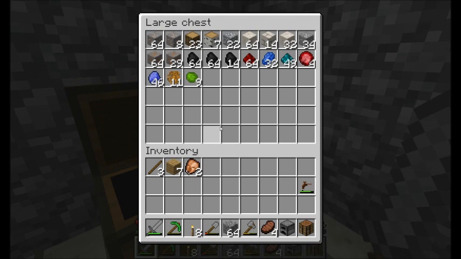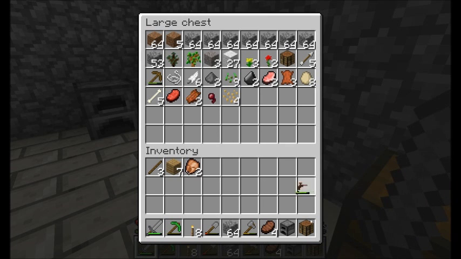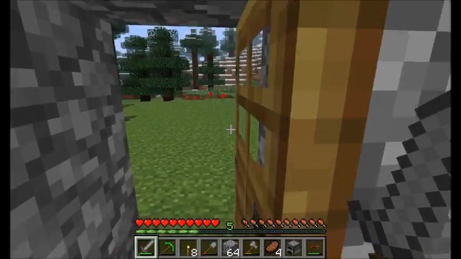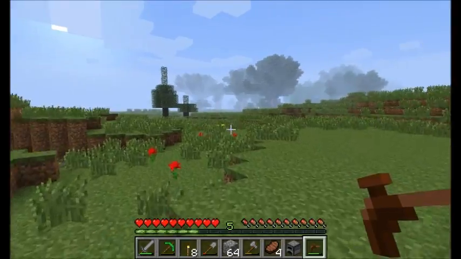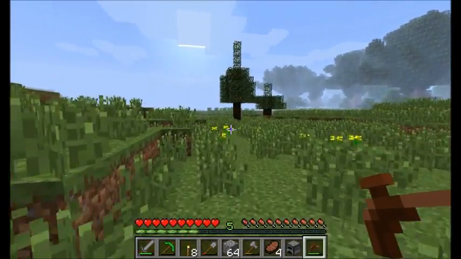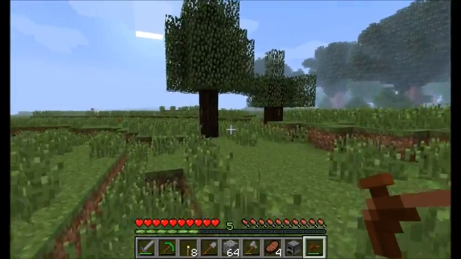I just snuck in here and dropped off all the stuff that I had collected on my adventure down in that mine. Got a good amount of redstone and whatnot, so I'm happy about that. Now I want to go check out my rubber trees. Looks like they've already started growing, which is pretty good. I'm going to hopefully be able to get some more saplings off these guys and expand my rubber tree farm,